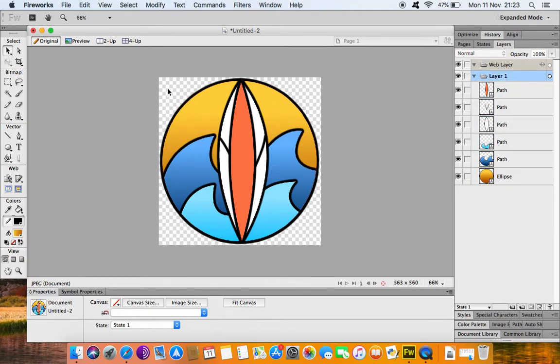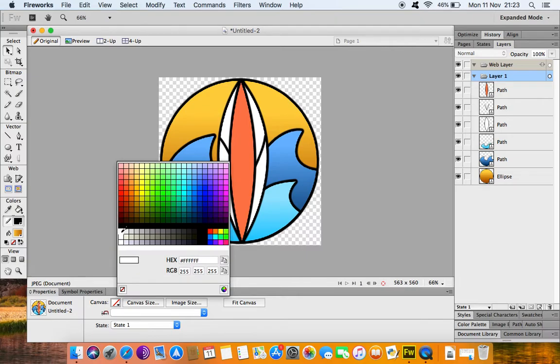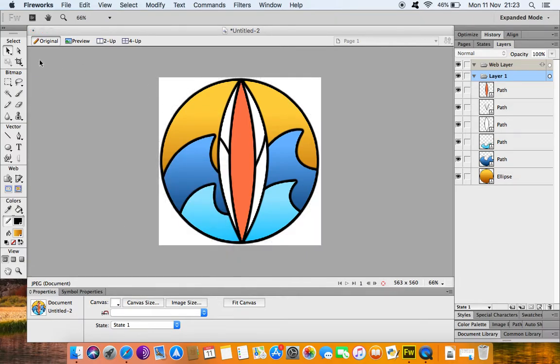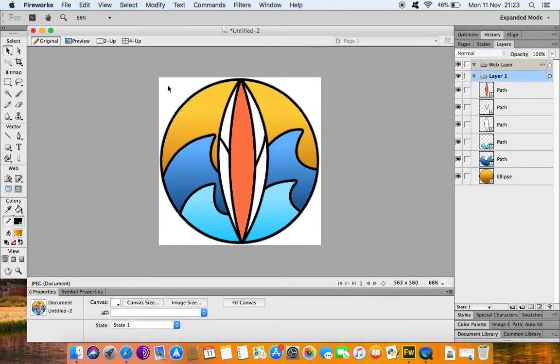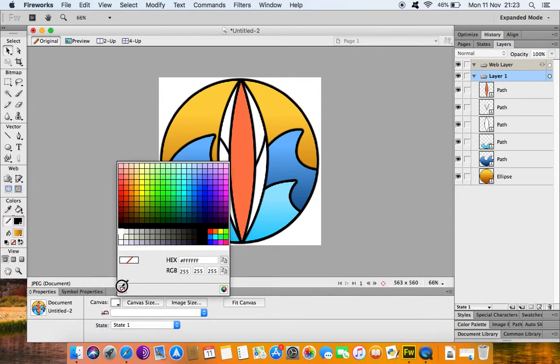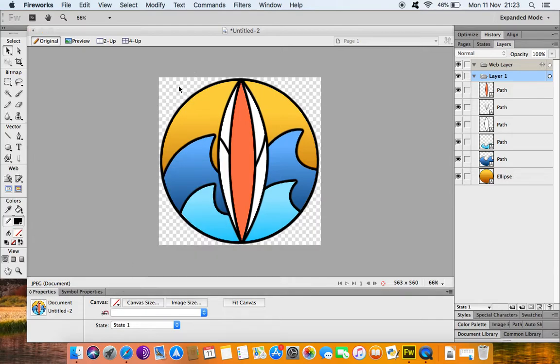Now, the other thing that you can see I've done is I've done these white and grey squares, and I did that by just changing the canvas here. So it was on white. With the pointer tool, you just have to click on the canvas. So you can see the properties are of this circle. Click on the canvas, or click on this grey area even, and we'll get the properties here for this. So I just change it to that one, white and grey, and that will be a transparent background